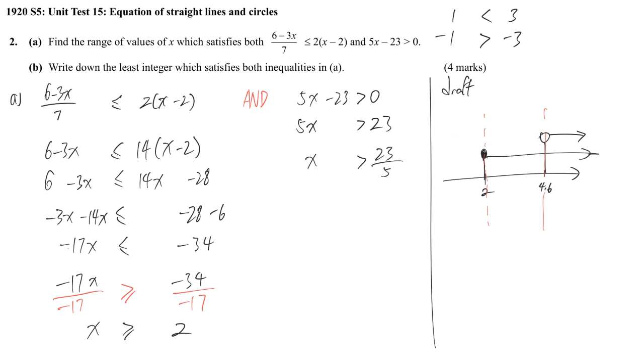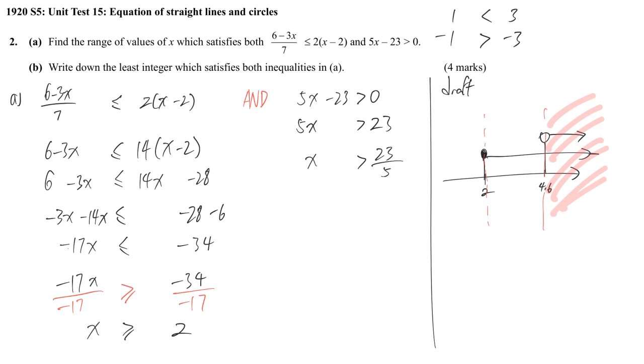The first region is not okay because it does not fulfill either one. The second region is not okay also because we are talking about both. It just fulfills the first one but not the second one, so it's not satisfying the inequality. And only the last region here satisfies the first one and is also covered by the second requirement. So our solution is the most right-hand side region,